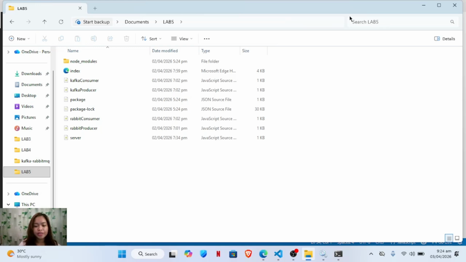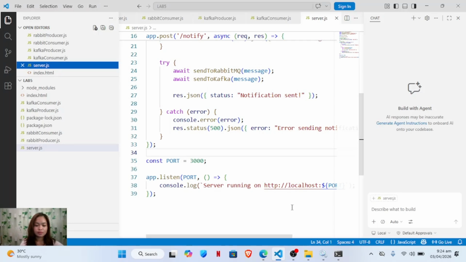Step three is the RabbitMQ process. The Rabbit producer.json connects to RabbitMQ and creates a queue, notification queue. Then it sends the message through the channel to the queue, and the message is stored in the queue.